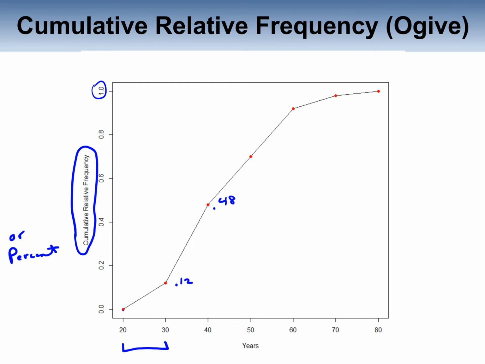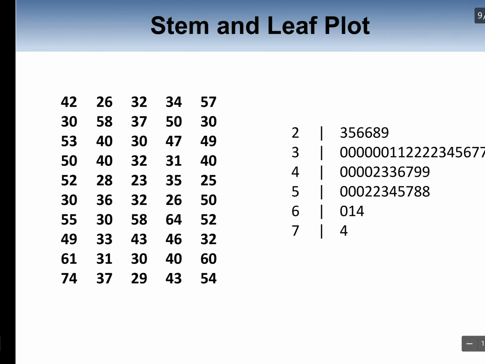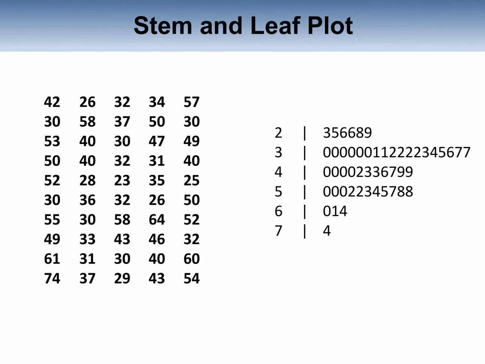And these are all quantitative plots, and there's one more way we could plot the quantitative data set. This is the same data set, 50 observations, and it's called a stem and leaf plot. They are not very common. These are the stems, and then these are the leaves. These are not very common because they're really only good for small data sets, 50 or less. If you have more than that, you would absolutely use a histogram,